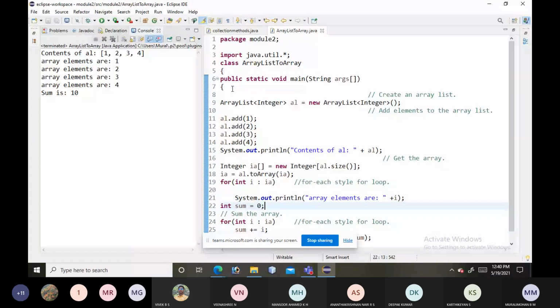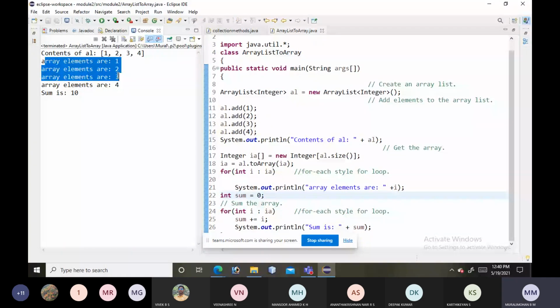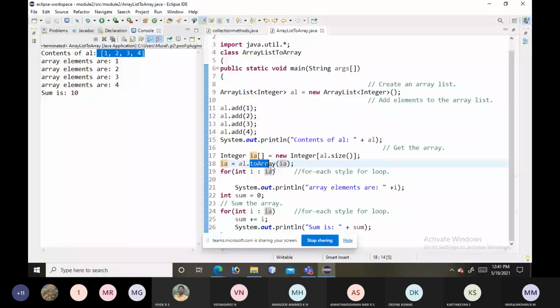You just see here the array elements are 1 2 3 4, right? Whereas the contents of AL are this one, and these are the array elements which we obtained, the contents of this IA, which we obtained by calling the toArray method.